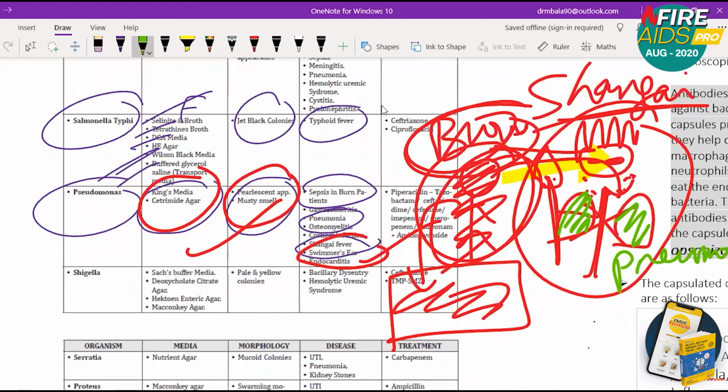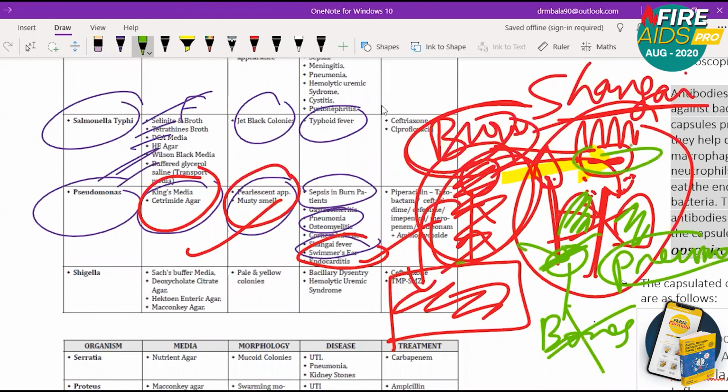Okay. The burns are falling on his feet. So he kicked the person, right? So here the burns have destroyed his bones. So bones are destroyed. That is osteomyelitis. The lungs are destroyed. The eyes are destroyed. The person who is on fire is finally in the swimming pool. So swimmer's ear. Sepsis in burns patient. Pneumonia for the king. Bones are gone, osteomyelitis. He is heartless. The king is heartless. So endocarditis.